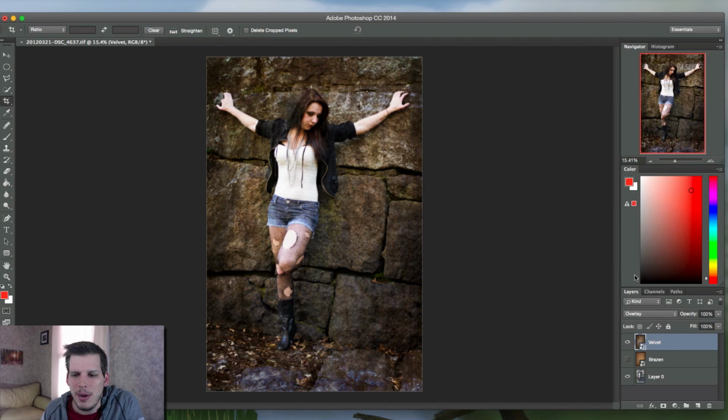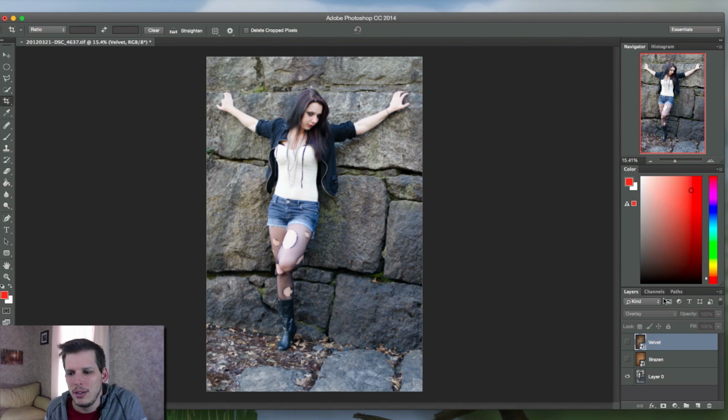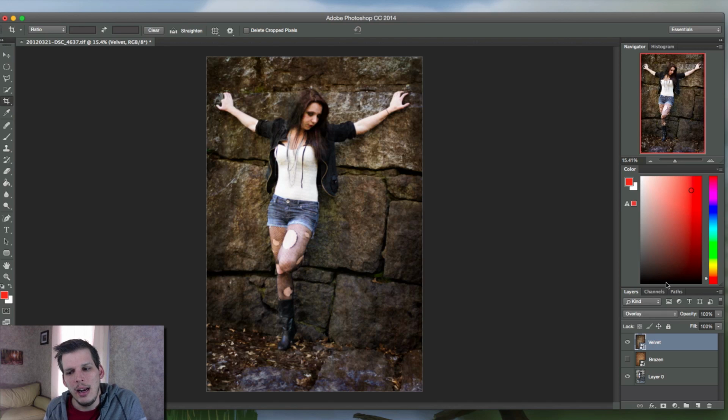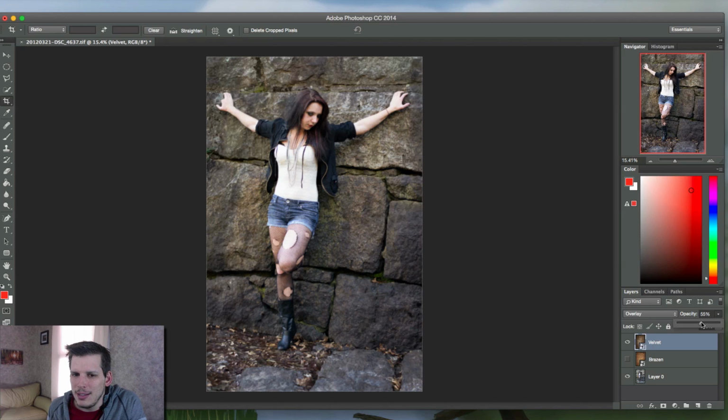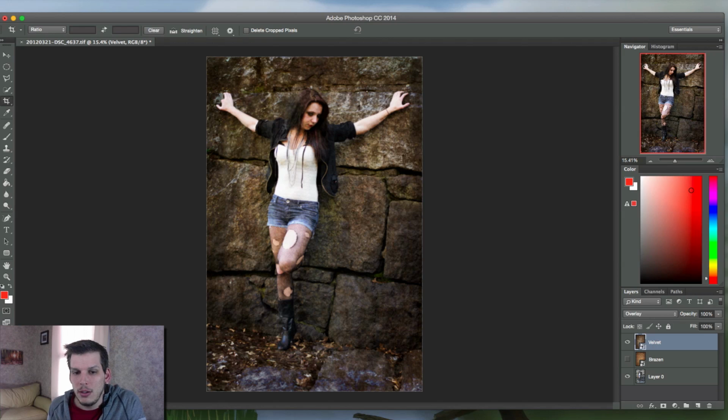And if you remember anything from any of my Lightroom videos, when you get your darks darker and your lights lighter, you add contrast. And that's exactly what's happened to this image here. If you take a look at the original, and then with the texture and overlay blend mode applied, you get a much higher contrast in your photograph, and you're also, because this is a textured layer, pulling that texture into the image. Again, you can reduce that effect by playing with your opacity slider and get something that's maybe not so intense. But another way to get something that's a little less intense than overlay is using your screen mode and